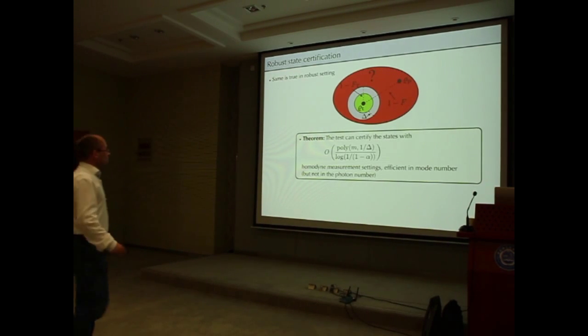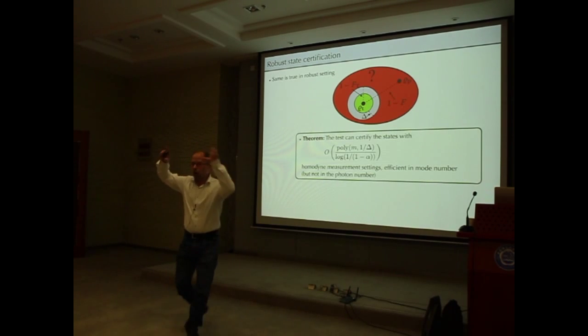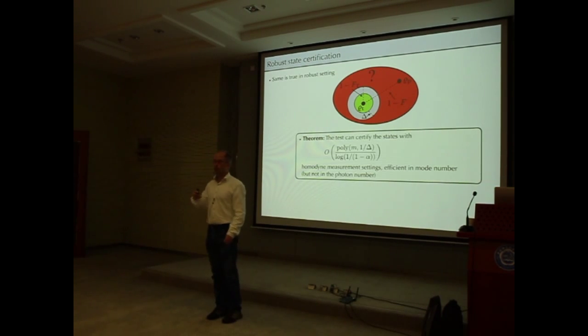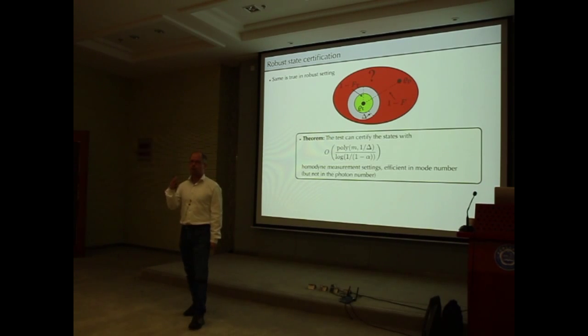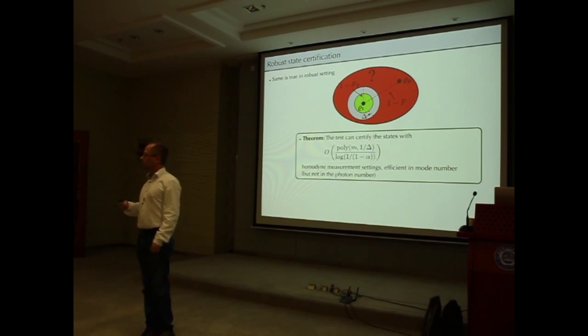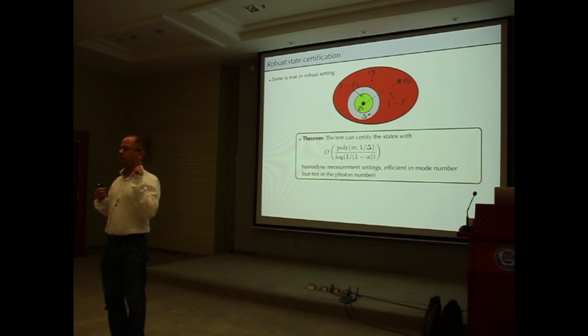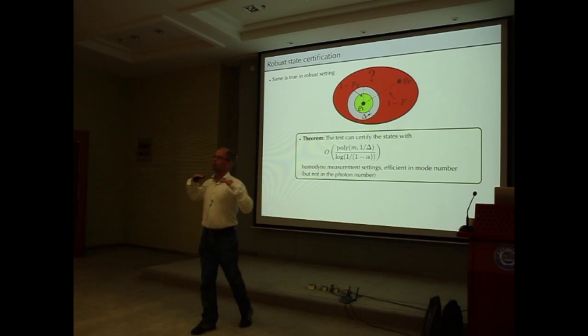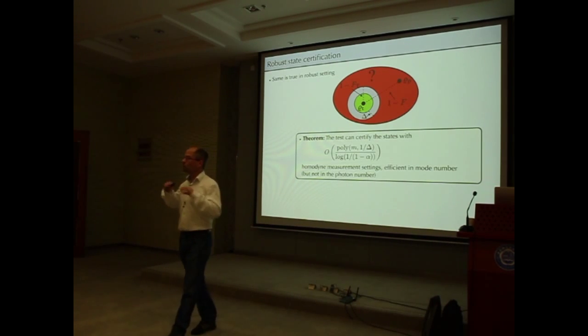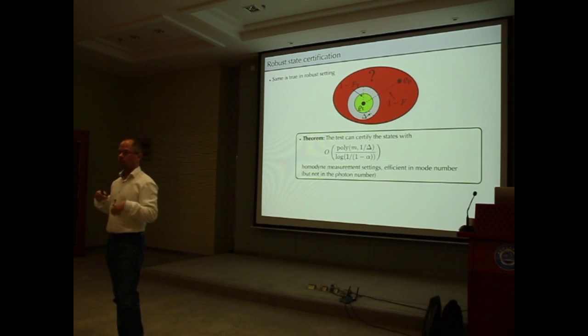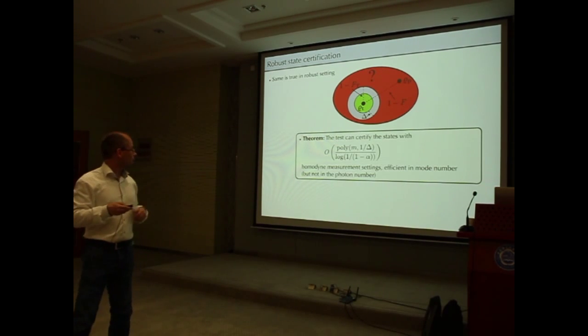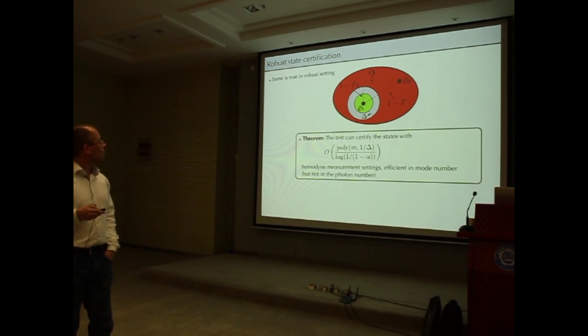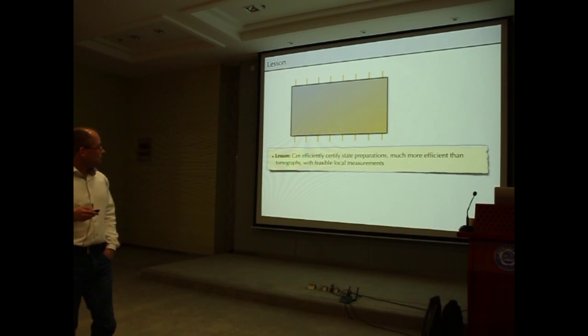It's also true in the robust setting, where again you have a boundary, in the sense of a weak membership problem. At this buffer region, the test says whatever, but if you say you have it, you have it. You go into the lab, Arthur makes these measurements. They are polynomially many in the number of modes, and you would know that your state, if accepted, would be inside the ball of the anticipated region. So, lesson: